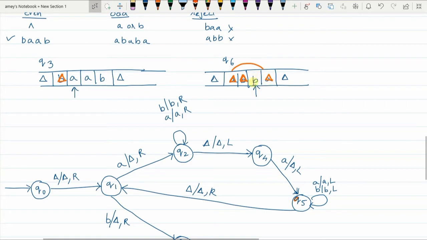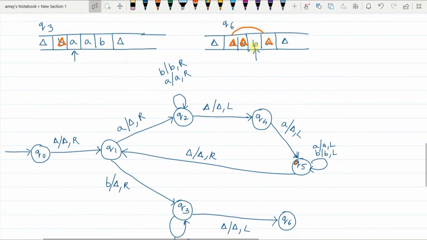See, you started with cancelling this B, the first B in the pair. So now in Q6 you are sure that the B you are pointing to right now happens to be the matching B. For the first element, we had the last element already cancelled. For the second element, when you are in Q6, you are sure that currently the pointer is pointing to the second last element, which is a match for the second element, and so on.